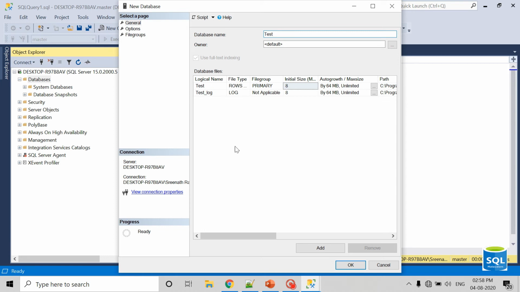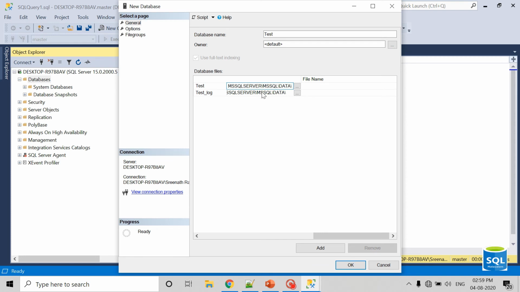And when I create a new database, SQL Server actually creates two files. One is called .mdf file. So if I go to the last, we can see a file with test.mdf, and the second file will be test_log.ldf file.